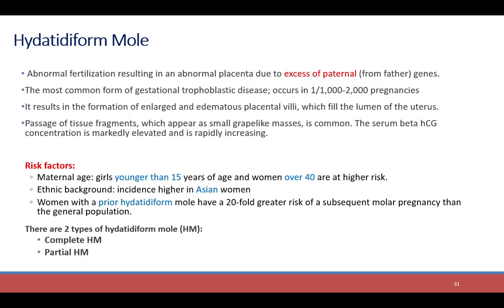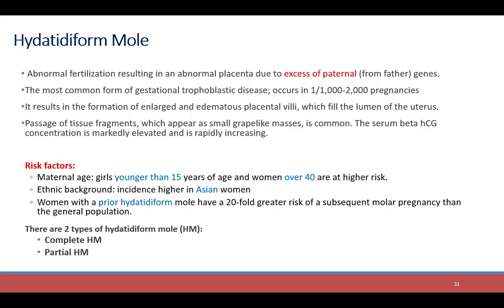Sometimes we have passage of tissue fragments. Most of the time we see pain and abdominal distension, and we do the ultrasound to see the typical ultrasound finding of the hydatidiform mole, the extended grape-like architecture of the uterus, and the beta-HCG will be